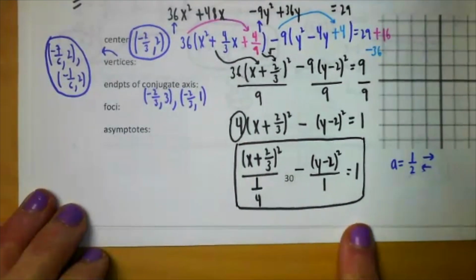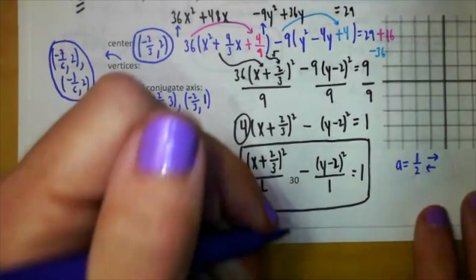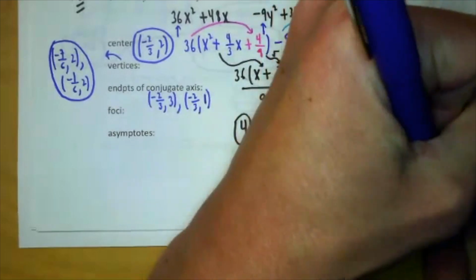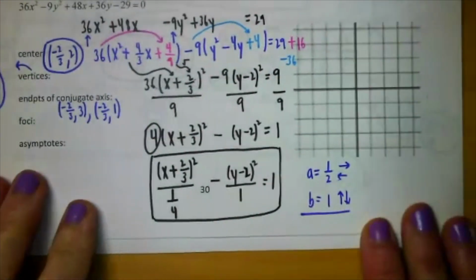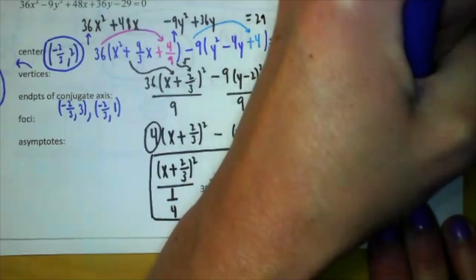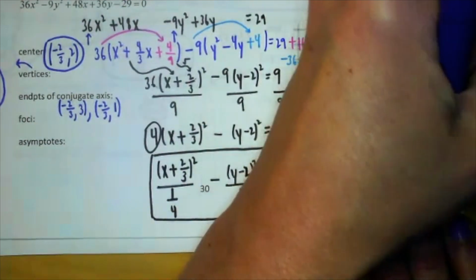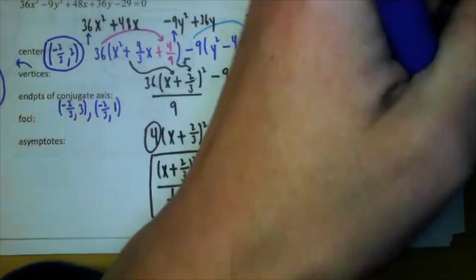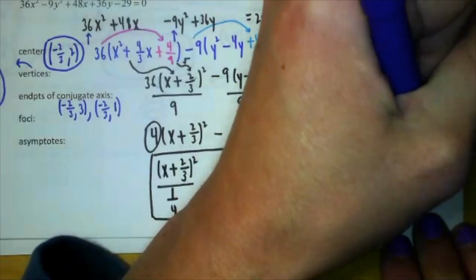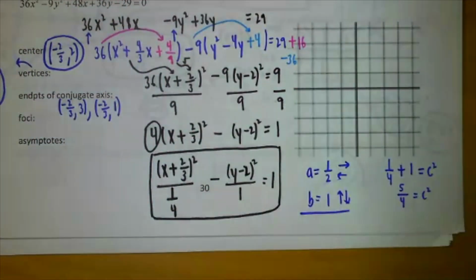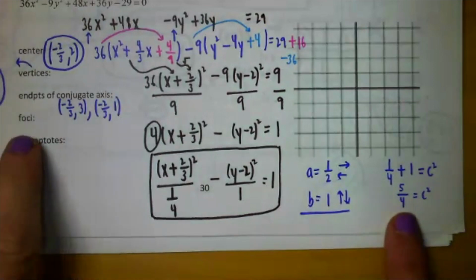What's next? Foci. Well, we said A was a half, B is going to be 1 up and down. With hyperbolas, we use regular Pythagorean theorem, so A squared plus B squared has to equal C squared. 1/4 plus 1 squared, so plus 1 equals C squared. C squared should be 1 1/4, or we could say 5/4. And for this, we can add and subtract the square root of 5/4 from the x